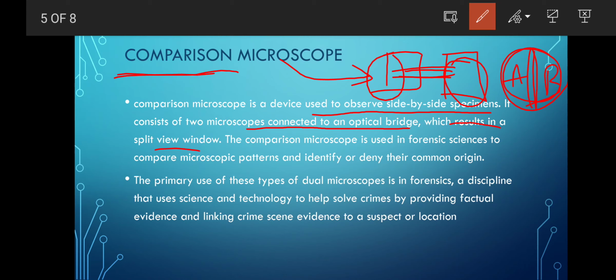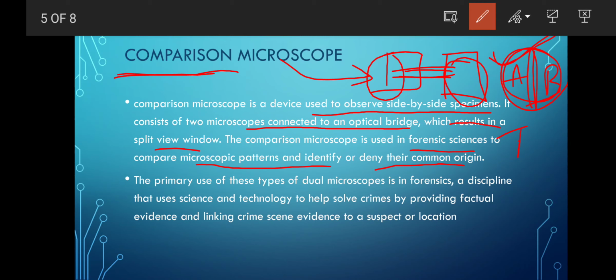The comparison microscope is used in forensic science to compare microscopic patterns and identify or deny their common origin. For example, tool marks, screwdriver marks, and especially in the ballistics section, where striation marks or bullet marks are identified.